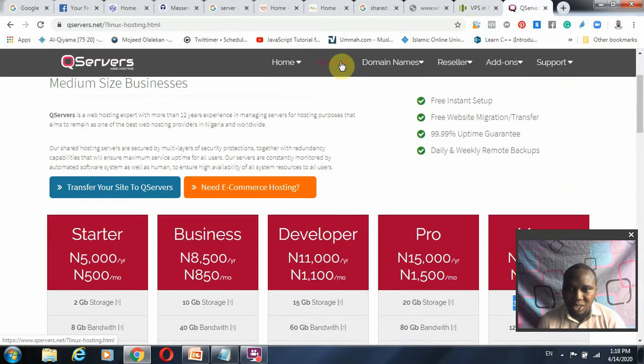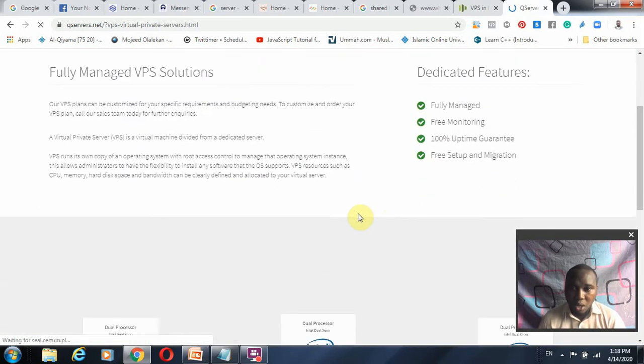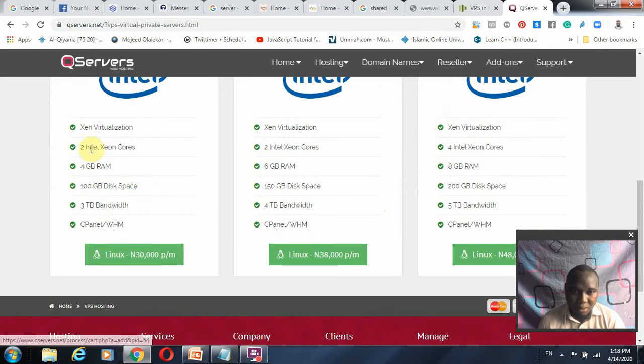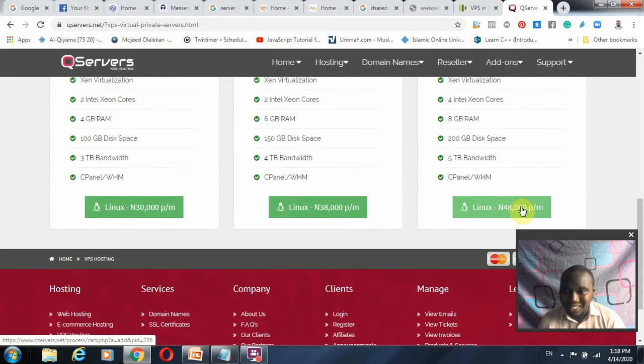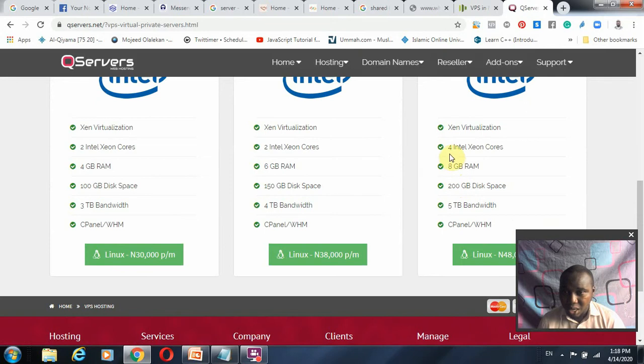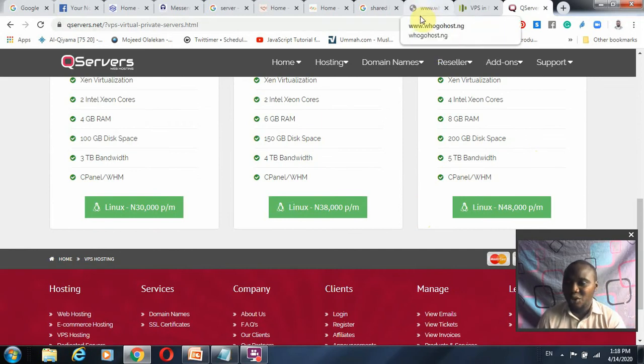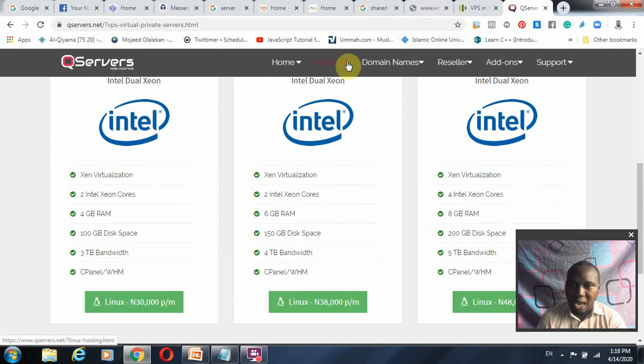Let me see the shared hosting VPS solution for this VPS server. This one is 30,000 naira, 100 gig per month, 4 gig RAM. This is 38,000 naira, 150 gig. This is 48,000 naira per month. Okay, for this solution. Wow. Okay, good. So the essence of this is just for you to have an idea of how much the servers